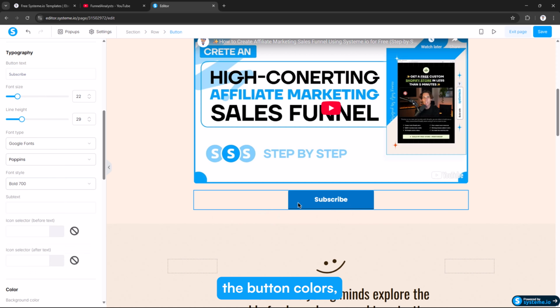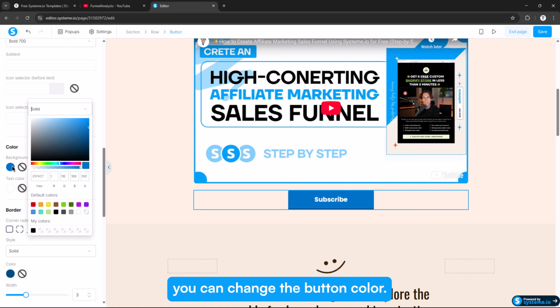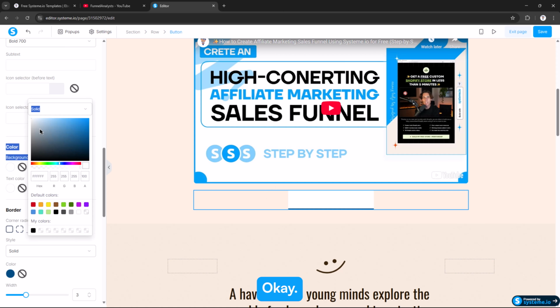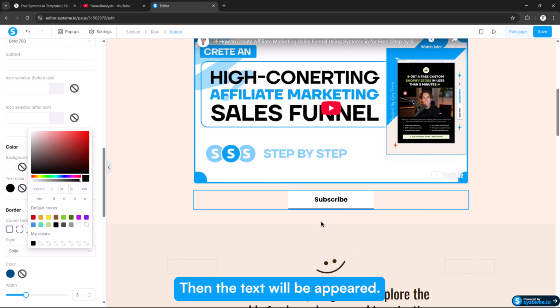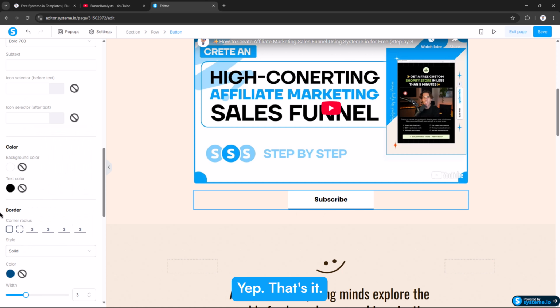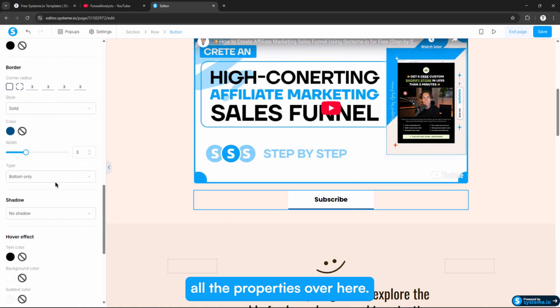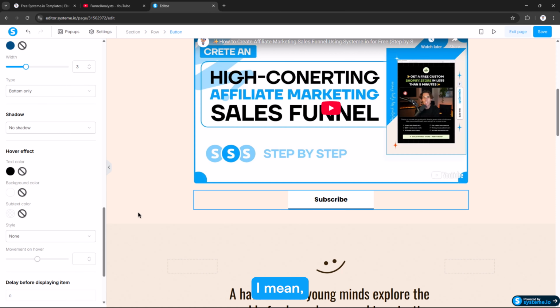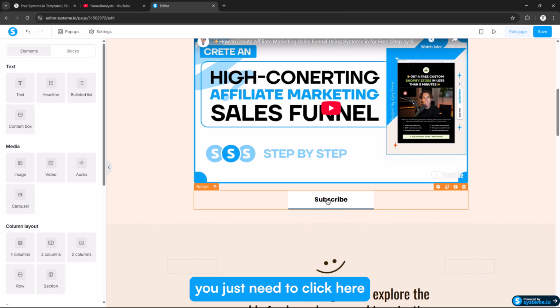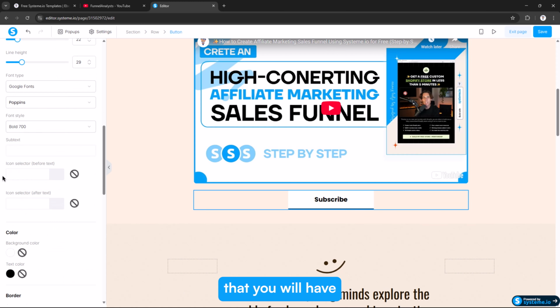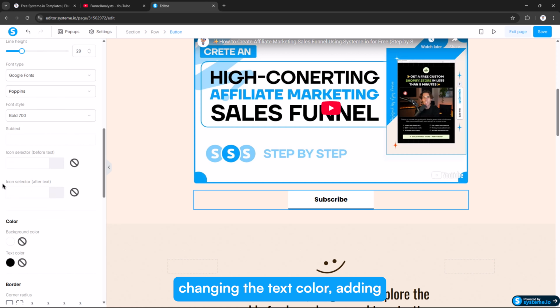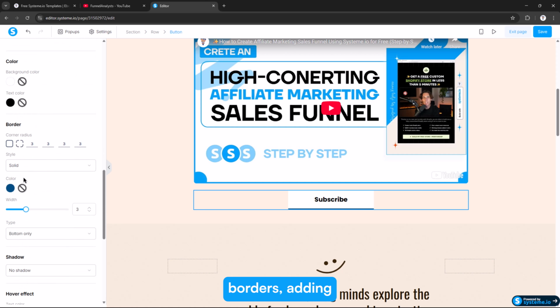And if you want to change the button colors, then scroll down below, and from here you can change the button color. Let's make the text color black, then the text will appear. Yep, that's it. And you can see all the properties over here. For changing the text, you just need to click here and change the text, and below that you will have all the customization properties, like changing the background color, changing the text color, adding borders, adding solid